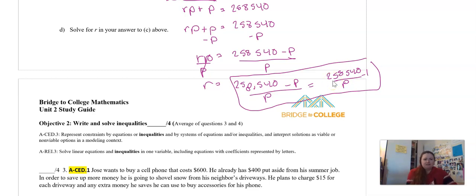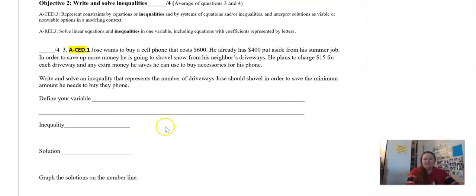All right, so that question is a little tricky. If you want more practice on that one, you could go back and redo task 12. That was in one of your Delta Math assignments. I think it was lesson. Okay, so let's look now at